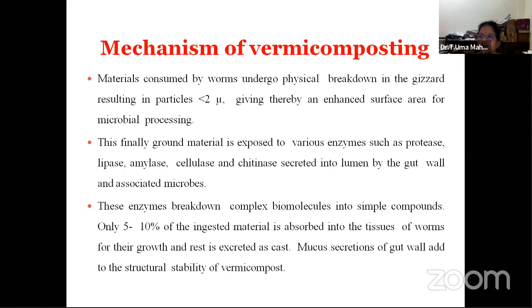Some part of the material, the nutrients also, get mixed up with the excreta and it will come out as vermicompost. That is why when it comes out, it looks just like tea powder, granular tea powder, a brownish to blackish colored product that we can see as excreta.